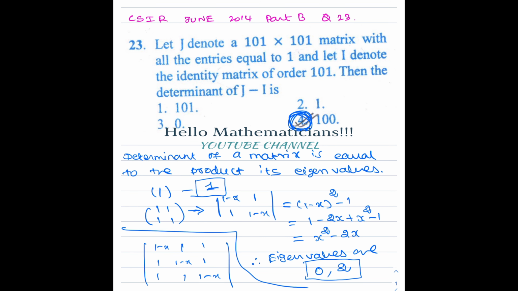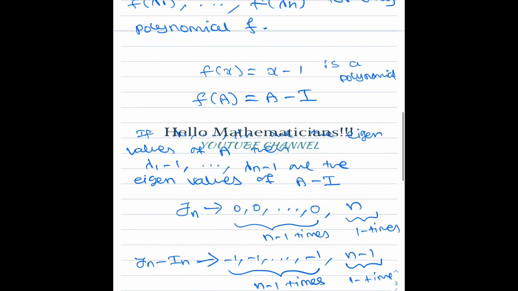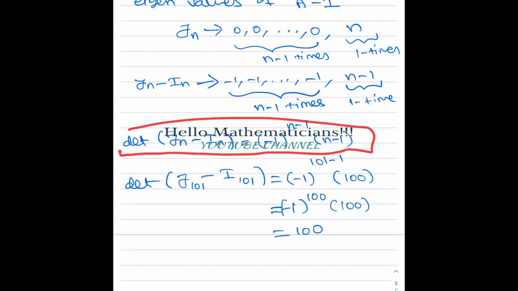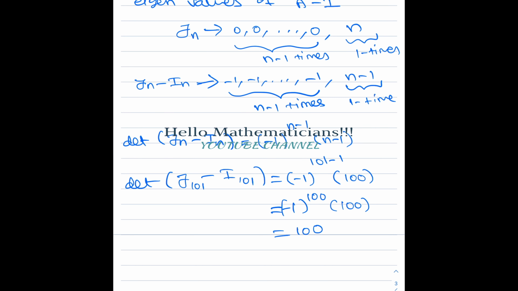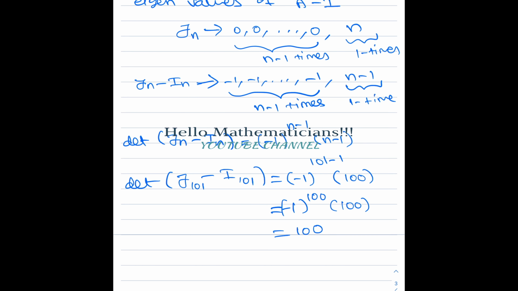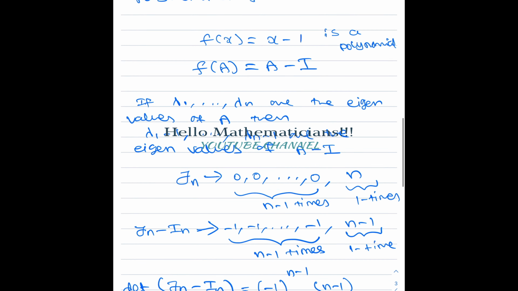So in this problem, we have solved this problem for arbitrary n. What is the advantage of solving it for arbitrary n? Today they have asked for the value 101. Tomorrow they might ask for some much bigger value. So when you solve the problem for arbitrary n, you can answer the problem for any number.